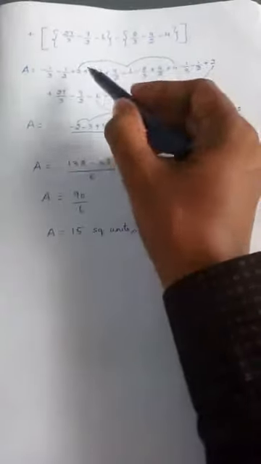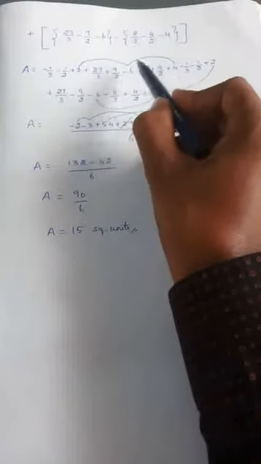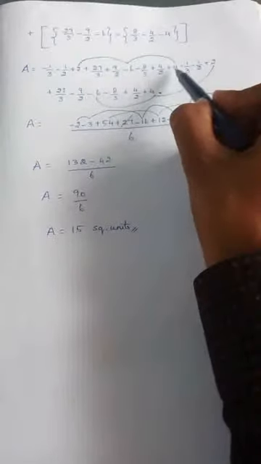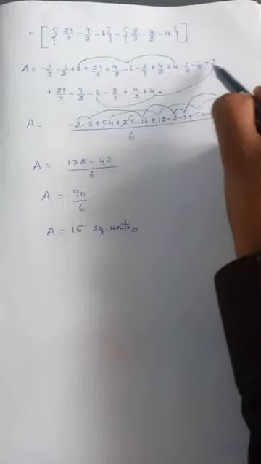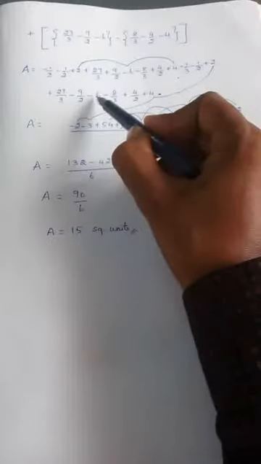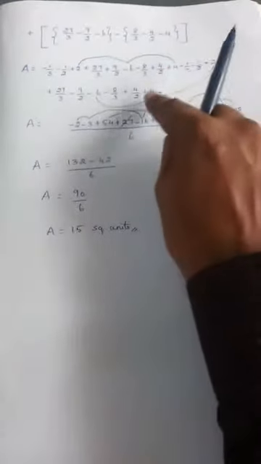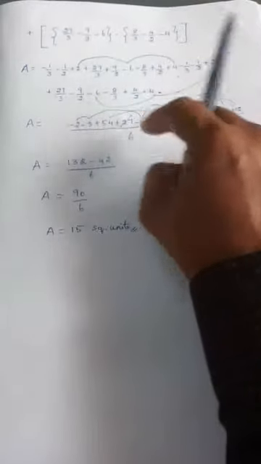Now, I am just combining the numbers alone. 2 minus 6 minus 4, minus 4 plus 4, 0. Next, another number is 2 plus 4, 6. 6 minus 6 is 0. So these 3 become 0. These 3 also become 0. So leaving those 6 terms, writing the remaining terms.